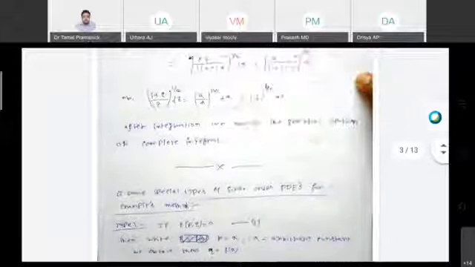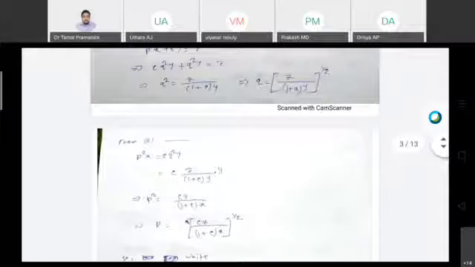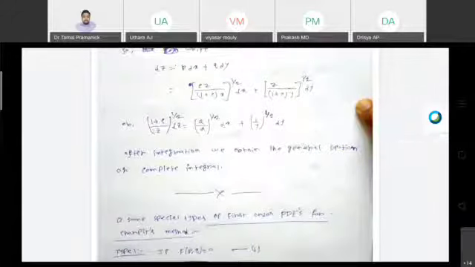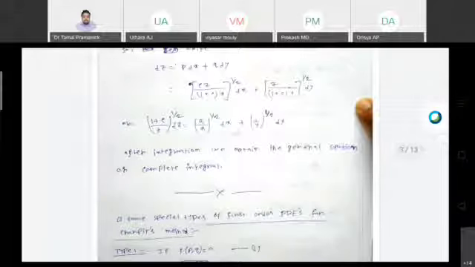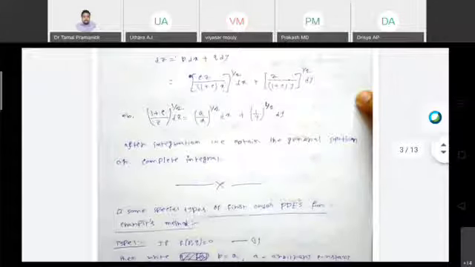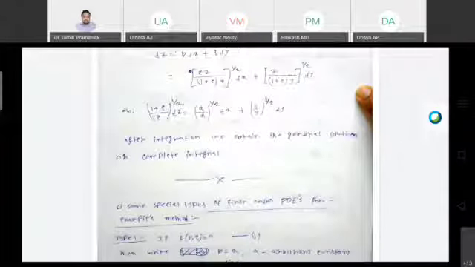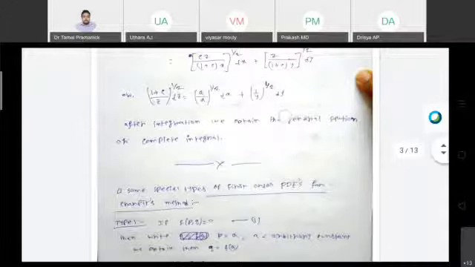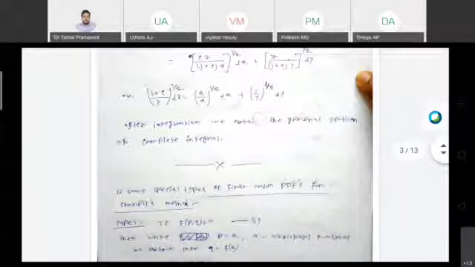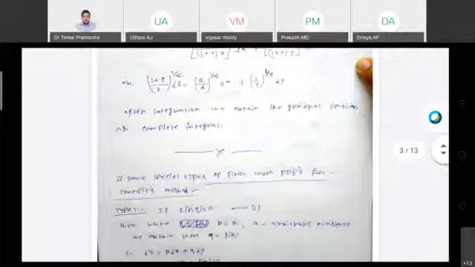I left it for you, but don't leave it, because this is an easy integration. If it were a tough one, I would leave it, but this is very easy, and I didn't leave it for no reason. You people do it if it is an easy integration. If it is like e to the power half, then it is a tough integration. But this is a very easy integration: dy by root y, dx by root x, dz by root z.